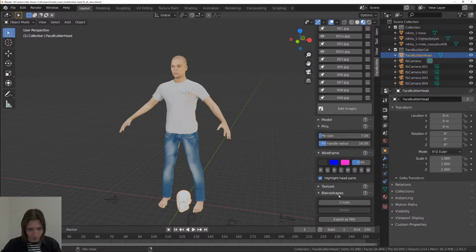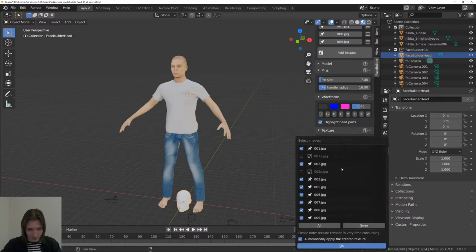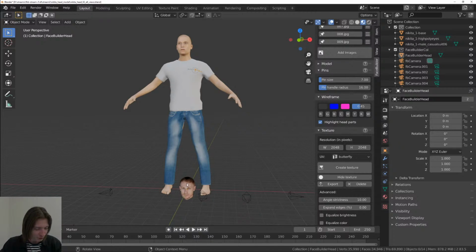Let's create a texture. Nope, the texture. And we use all views. Yeah. Sometimes the texture is usually saved in the scene file, but for some reason it wasn't saved here. So let's wait a little and see if we have any questions, but I don't see any. Okay, we have the texture, and